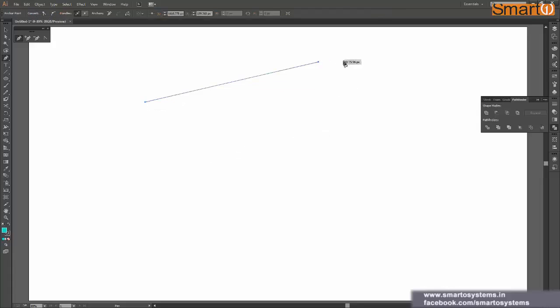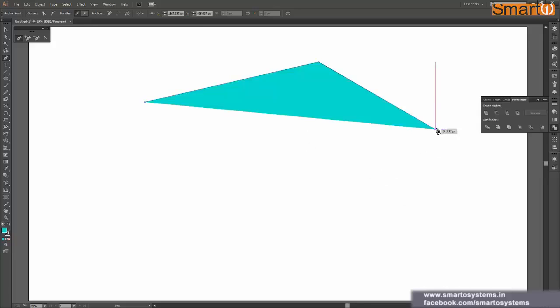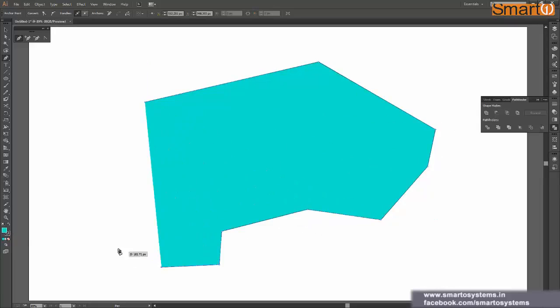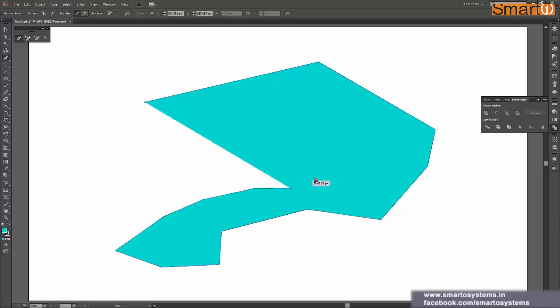Okay, so that's how I created a line using the pen tool, and it looks very simple, very convenient. I mean, there is no complexity in this. Okay, so we'll repeat the same thing. We have moved over here, and let's click again, and you can see that it's filling my shape automatically because I have this color fill over here. So again you can just click and move your mouse cursor, click and move your mouse cursor, and you can create a shape like this using the pen tool.